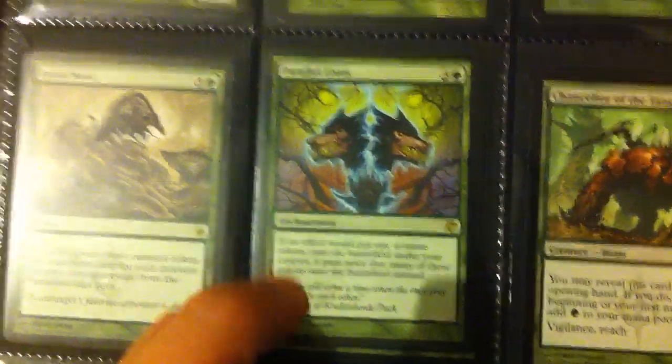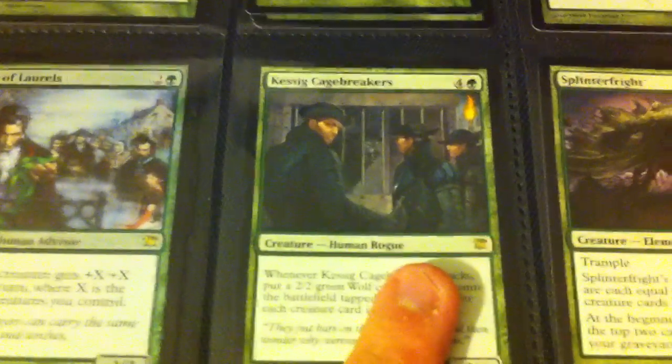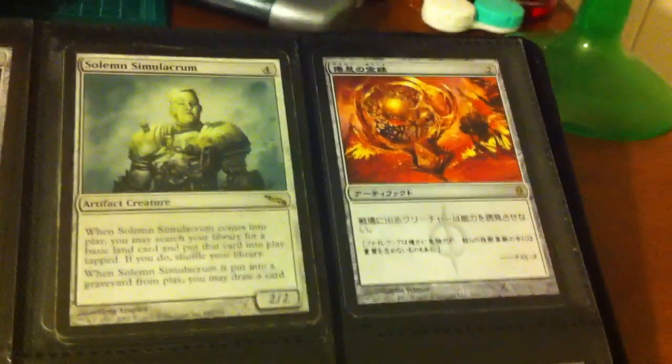1 Fresh Meat, playset of Parallel Lives, 1 Chancellor of the Tangle. This guy is Elder of Laurels. I have a foil and a regular one. Keswick Cage Breakers and Storm Splinter Fright. Moldrach Monstrosity as well. Artifacts, I have 2 spell guides, one's in Japanese, 3 Mirroring Song Simulacrum, a playset of